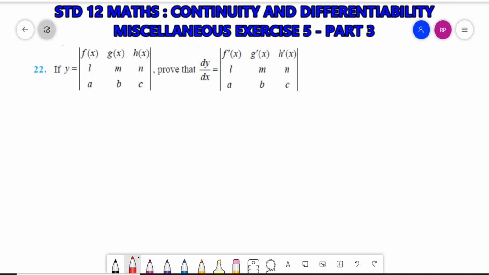Question 22. If y is equal to the determinant with rows fx, gx, hx; l, m, n; and a, b, c, then prove that dy by dx is equal to, in determinant form, f dash x, g dash x, h dash x; l, m, n; a, b, c. Okay, so see here y is given in the form of fx, gx, hx, l, m, n,